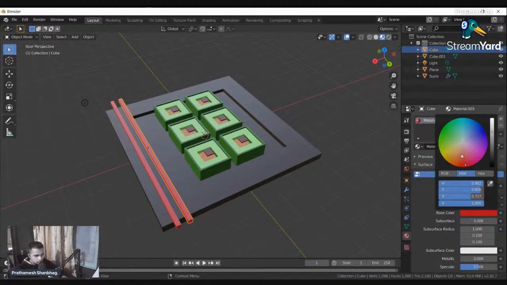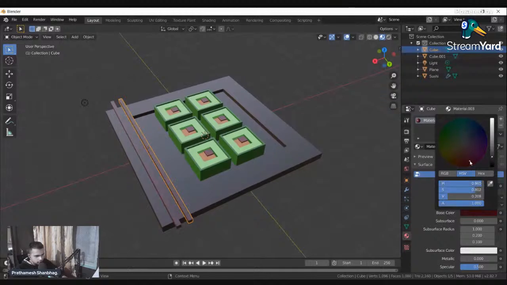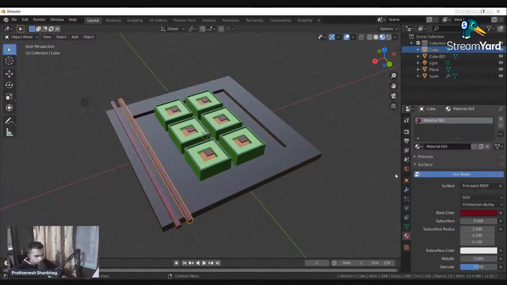Basically, if you know how to use the circular color wheel, you are good to go. Just select red and decrease darkness, and it will look like a wooden chopstick. It's too dark. Yep, that works.